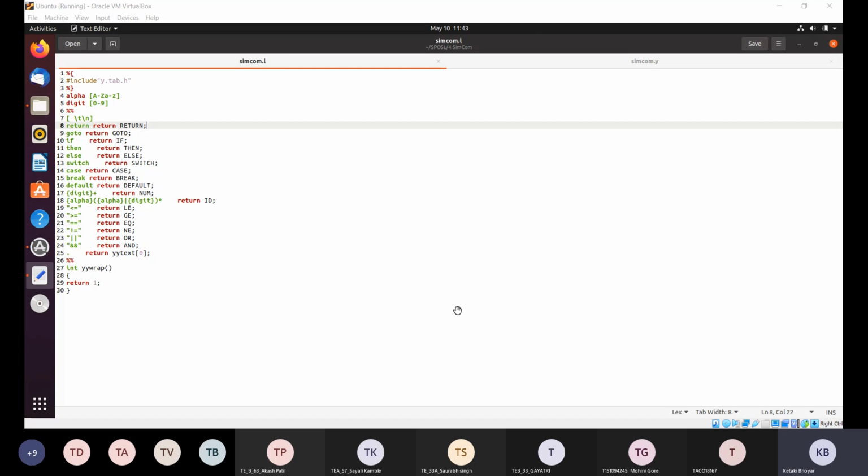The statement is: write a program using Yacc specifications to implement the syntax analysis phase of a compiler to recognize simple and compound sentences given in the input file. So what do simple and compound statements mean?